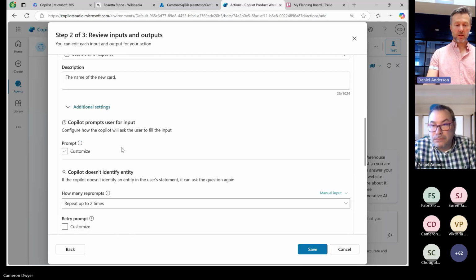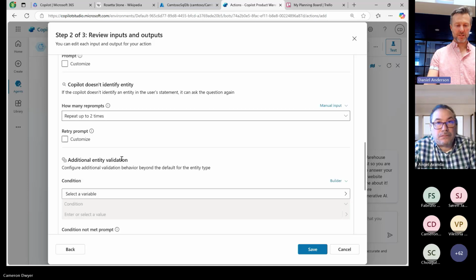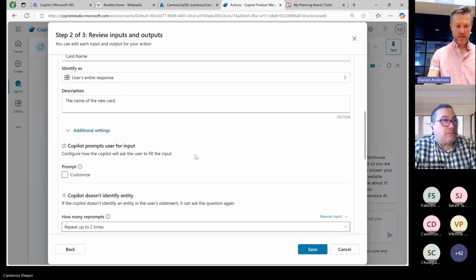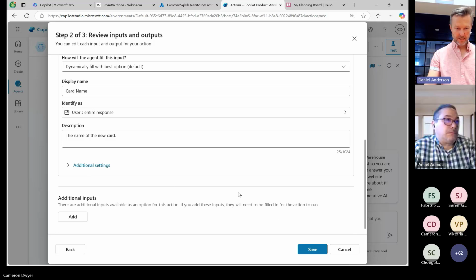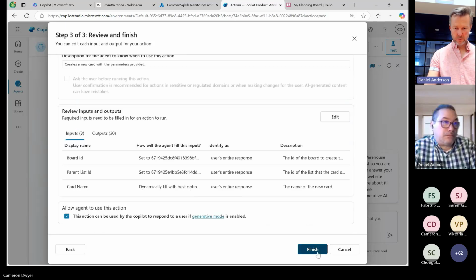But it's quite cool, the options we can give it here. We can actually say, when it comes to this one parameter, we want to customize exactly how we want Copilot to ask for it. We can tell Copilot to try this many times in different ways to extract that information out of the user. We can even validate it once it's got a value from the user, so if it doesn't pass our validation, it isn't passed on to try and create something with it. I'm not going to use any of that smart stuff. I'm just going to leave it up to the user. Okay, so there are our inputs, our outputs. I don't need to do anything for that on this particular card. I think we're good to go.